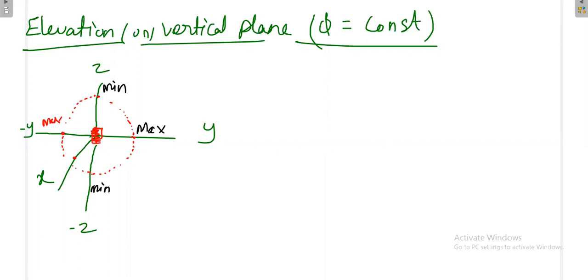So this is my reference. This is my angle. Now the angle I'll always measure from this axis, the base axis. So now what I am doing, I am varying my theta. If my theta is 0,